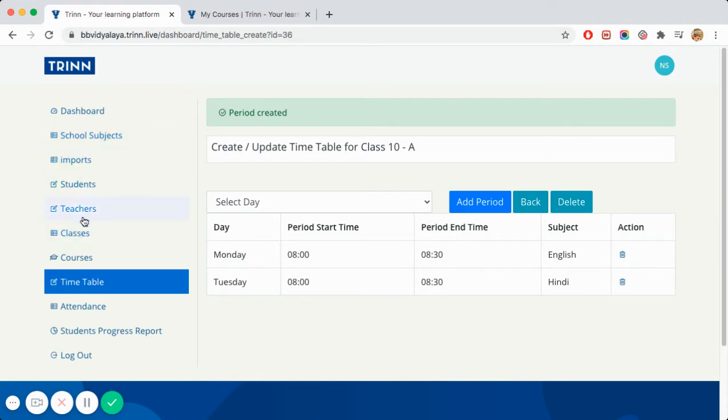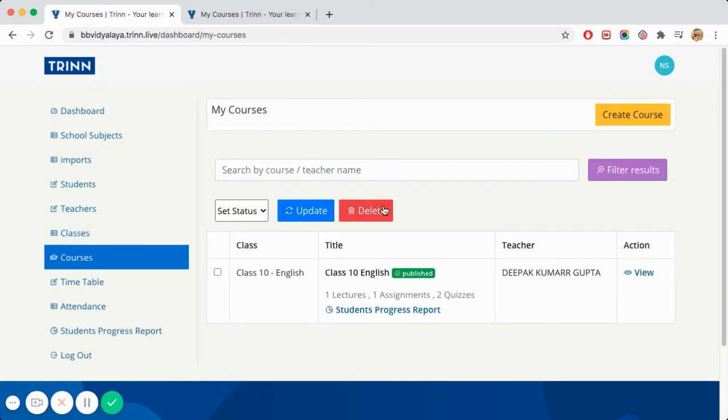And teachers can create their own courses. Once they create the courses, the admin has the right to publish these courses. Once these courses are published, we are able to see that particular course in a student login as well. So now I'll show you what the